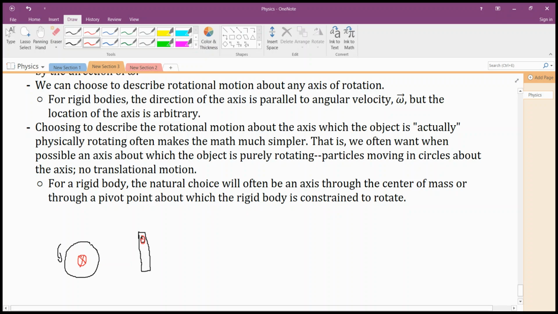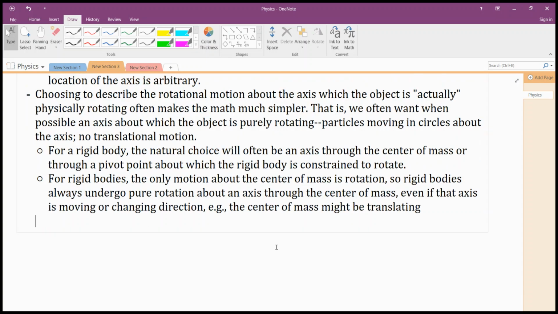Or suppose I have a meter stick with a hole drilled through it, and this meter stick is rocking back and forth. It is rotating about that point. It is constrained to rotate about that point. So this would be the natural point to place an axis of rotation, namely the pivot point. Because that's the axis about which the object is actually rotating, though it is constrained to rotate